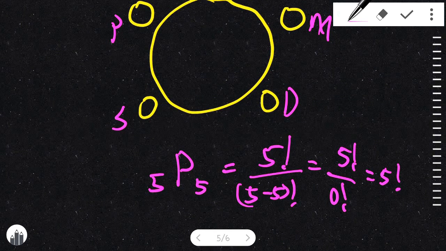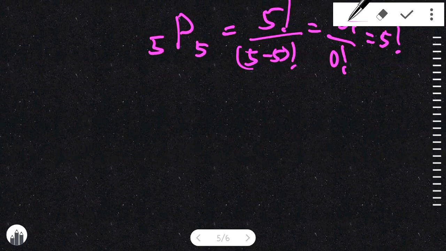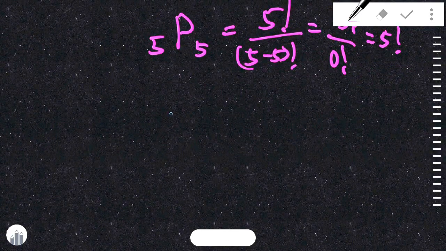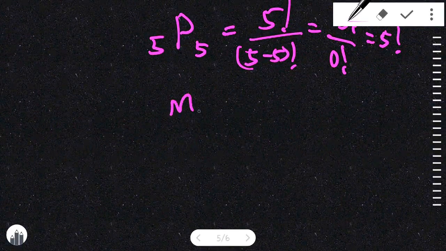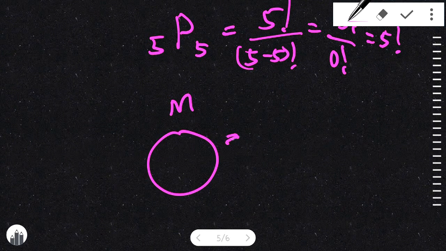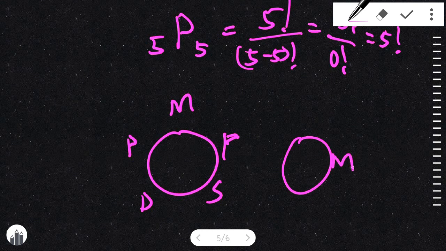But this wouldn't be happening. So now, is the problem solved? Well, let's think like this. Let's say a mother was sitting here, father, son, daughter, and a puppy. Wouldn't mother sitting here, father sitting here, son sitting here, daughter sitting here, puppy sitting here be the same as